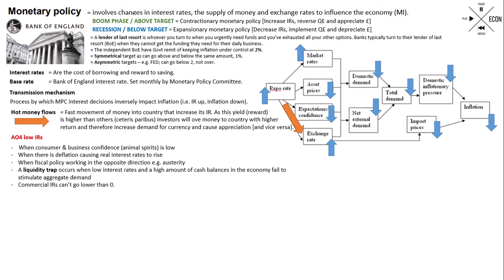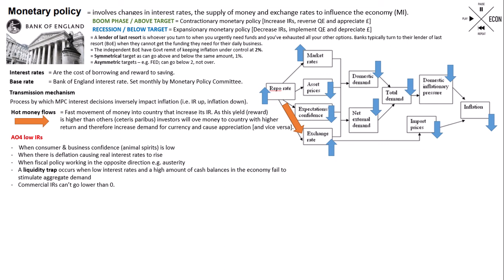There's also, one of the biggest ones, the fact that commercial interest rates can't go lower than zero. Commercial banks aren't going to reverse what interest rates do and basically reward you to borrow and cost you to save. That doesn't make any sense. Central banks can introduce, and have introduced, negative interest rates to get commercial banks to lend out more money in the economy. So central banks can implement them, but commercial banks will never implement them, and that's why there's like a zero lower bound. It can't go lower than zero, so that sort of restricts